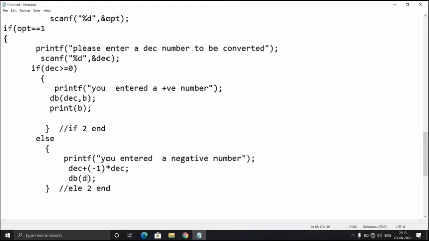I will show the binary output in 1's complement representation. Also we can use 2's complement representation, but in this program I'm going to go with 1's complement representation. I called the function db and I passed the parameters decimal as well as binary.